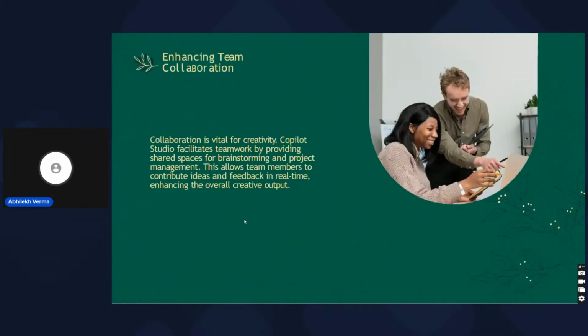Now, one of the key things with your team members, let's say the interns and employees you work with, is providing a shared space for brainstorming, right? So let's say you have MS Teams. You can make multiple groups and interact with them. But a lot of people don't want to be always online, right? They don't want to check their updates and things like that. So in terms of cloud and collaboration, one of the key things is that whenever they are available, they can see that information, come back, and get an alert and things like that. So these are the things you can have in terms of team collaboration,